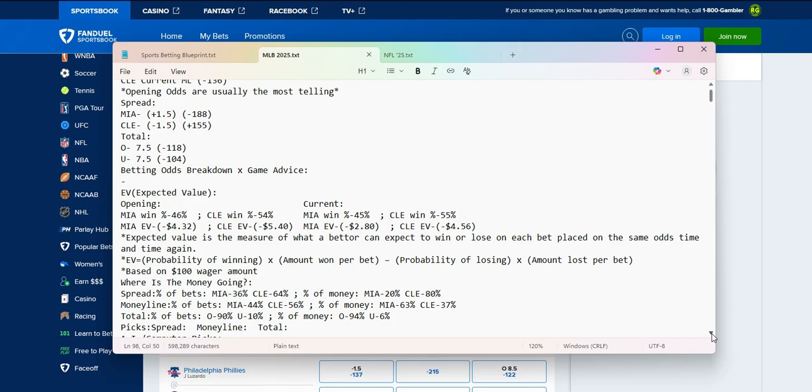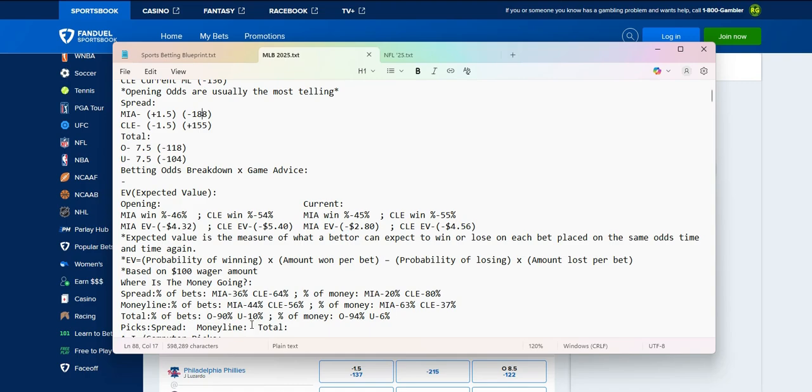Always base your picks off the highest negative value, because that's where the sportsbooks really make their money. Highest negatives don't always win, but they win most of the time, especially when the percentages kind of suffer with it. And as you can see, only 20% of the money is going to this minus 188 cost. 80% going with Cleveland.